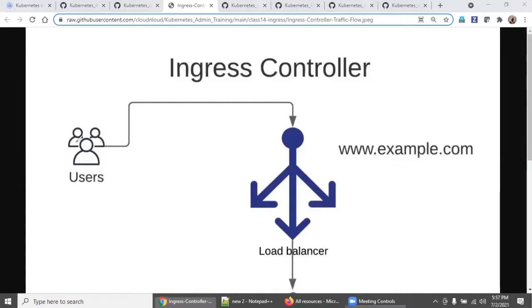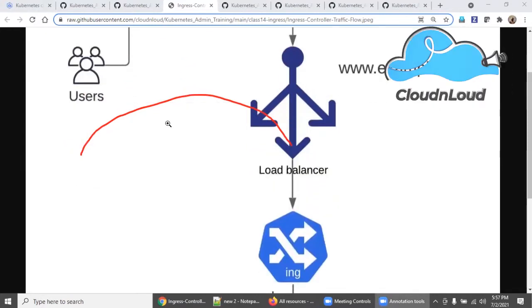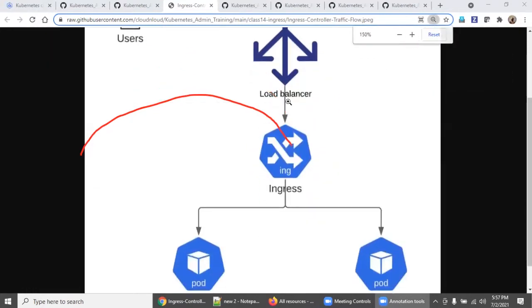There are a couple of users trying to access example.com. You can configure a load balancer in Kubernetes, and that load balancer uses the Ingress controller. Remember, the domain name is www.example.com.